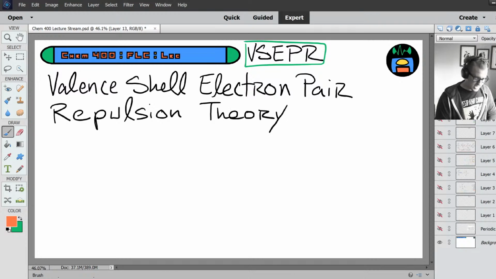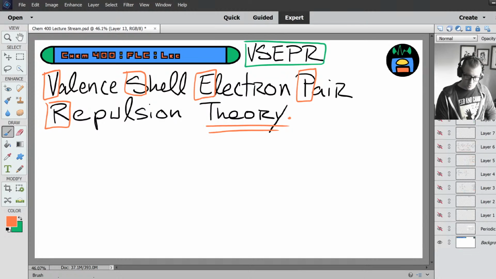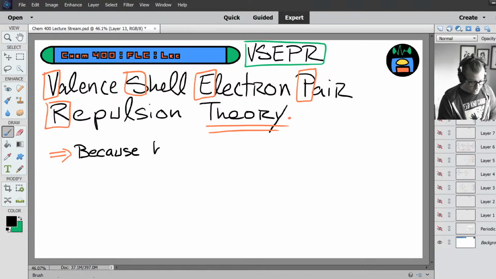All right, that is what the VSEPR is. It's the valence shell electron pair repulsion theory. All right, and it has one very basic premise, and that is this: because bonds are all negatively charged,